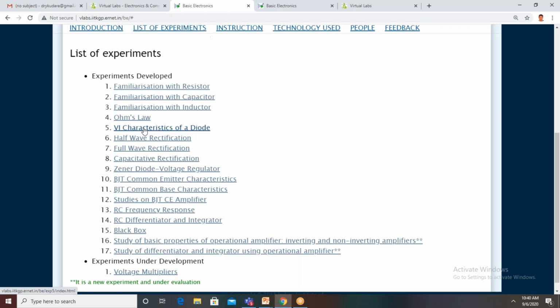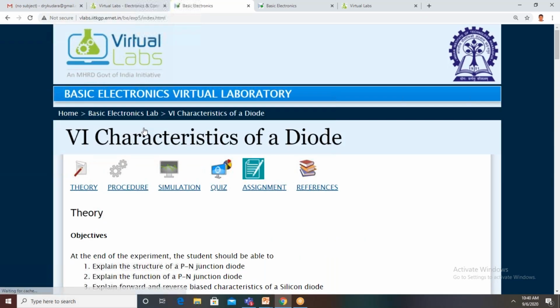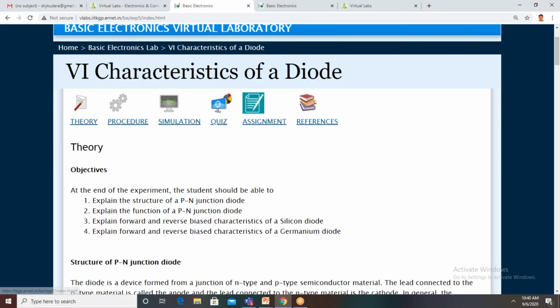You click on VI characteristics of a diode. VI characteristics means volt ampere characteristics of a diode. For this experiment, these are the available features, like the theory related to this experiment. Then the procedure we have to follow while doing the experiment is also available.